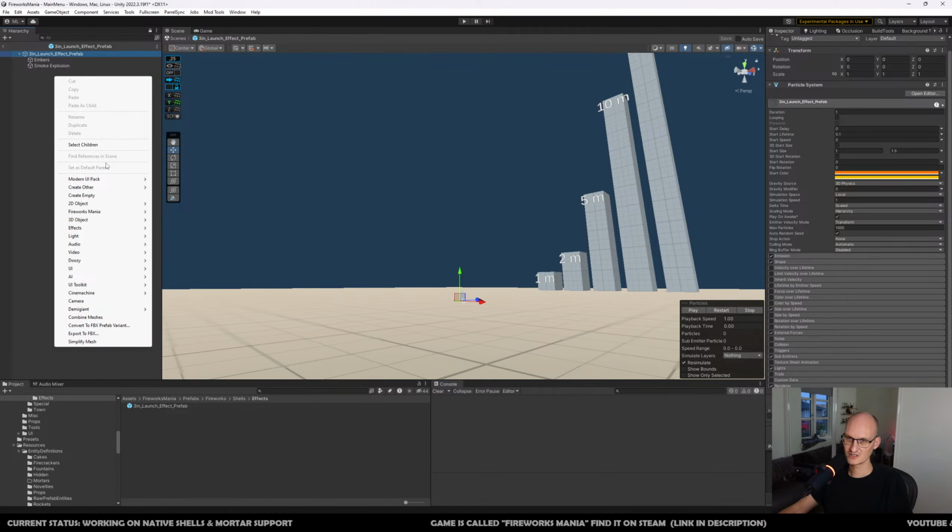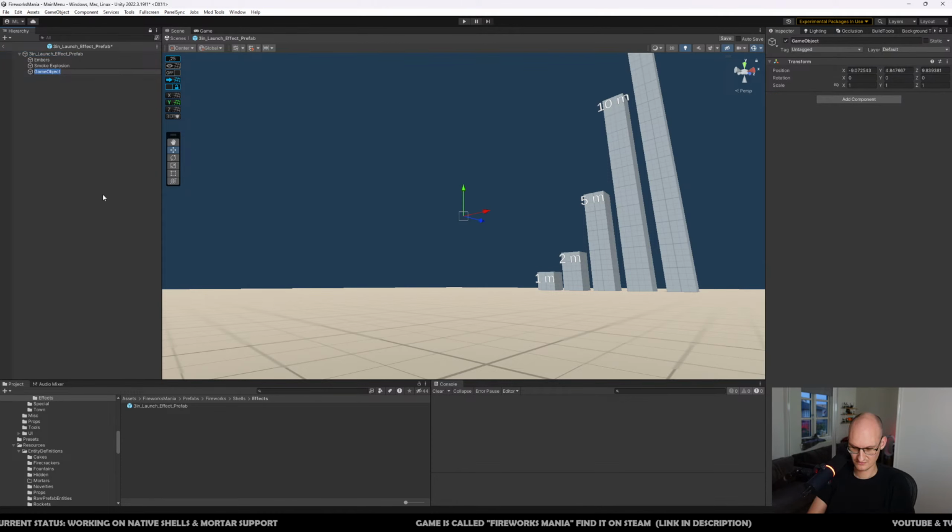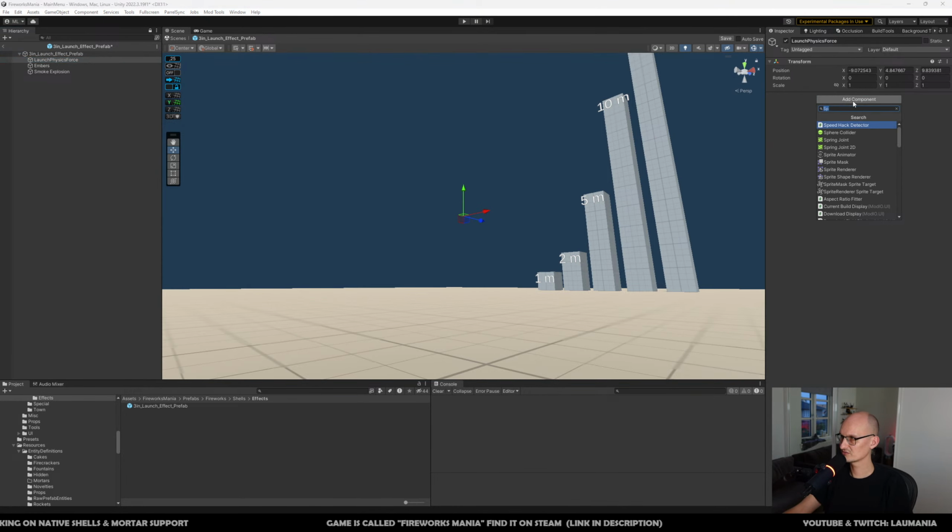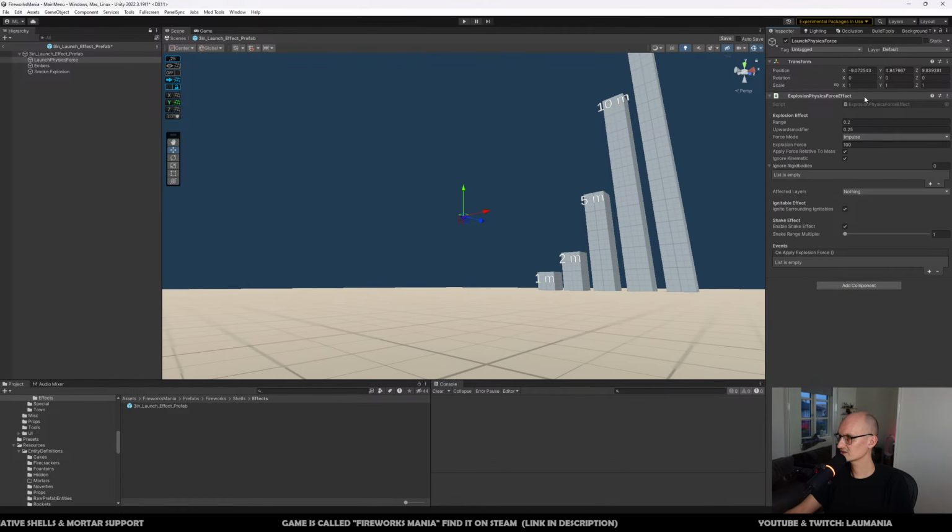Okay, let's try launch physics force. I can't actually remember how to do this. Isn't it called something like explosion physics force effect? Yes. So the range,